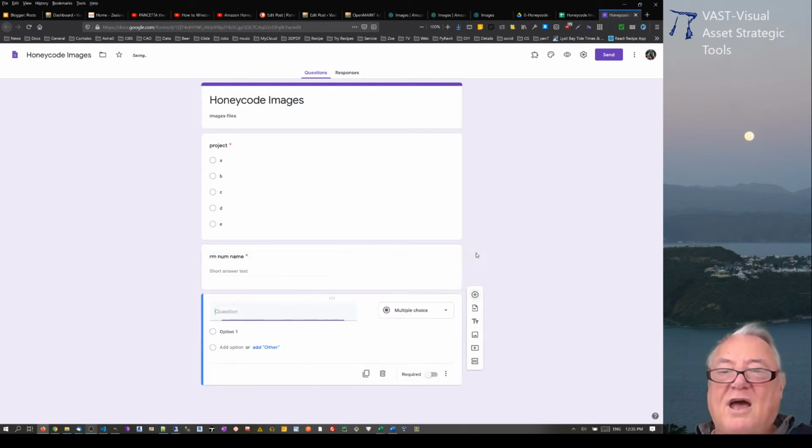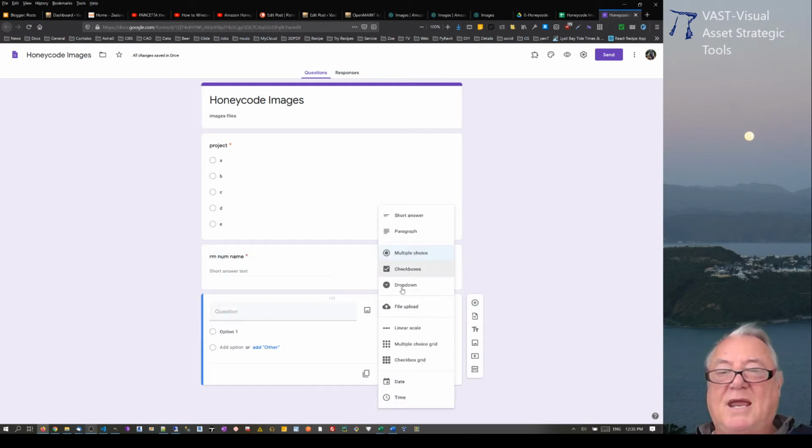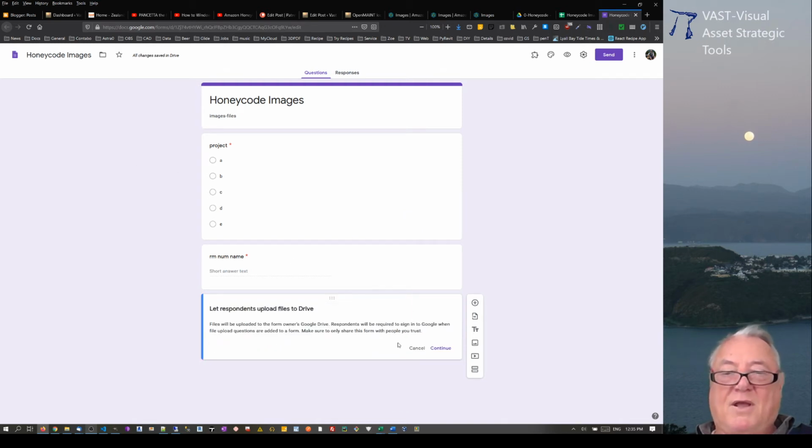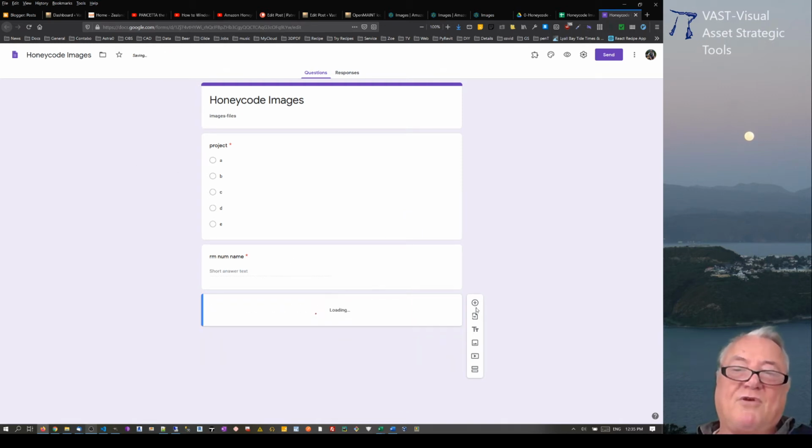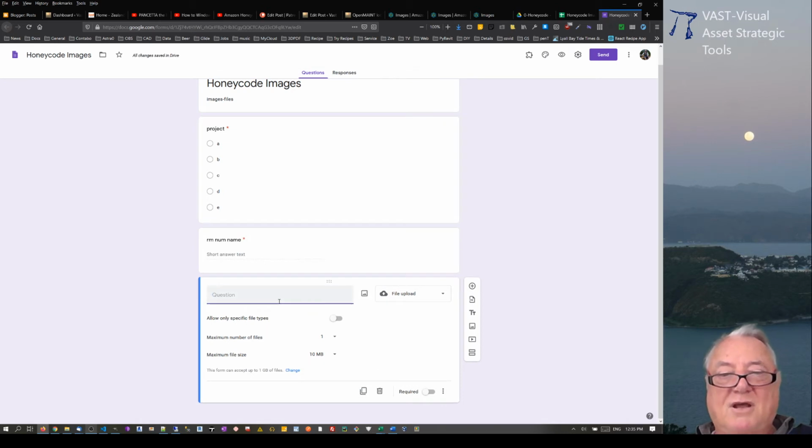We're now going to add a third thing, which is going to be the file uploads. Now we're going to go into the file uploads, and we've got a few little choices through here. So upload 5 max files. And now it's going to upload to my drive. So you've got to share your drive. If you're working with a whole lot of people in the team, you've got to share that particular subfolder with them so that they can access that spreadsheet,